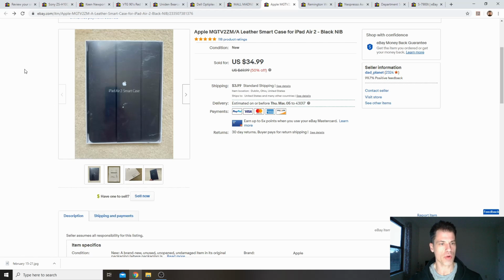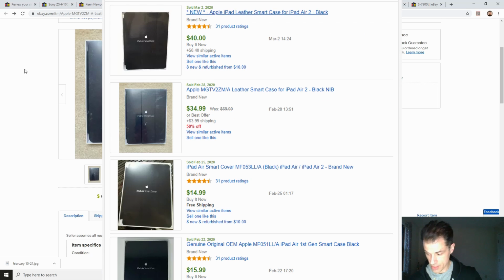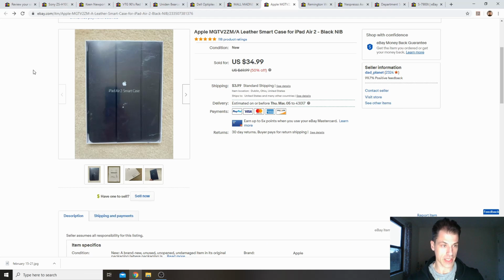So they had this priced in the store at $5.99. It did sell for full price, $34.99, $3.99 to have it shipped, and then $2.80 tax for a total of $41.78 all in. And that's a pretty good return for an item that you pay $5.99 for. I remember thinking, if I get less than 35, I'd be pretty disappointed after spending $6,